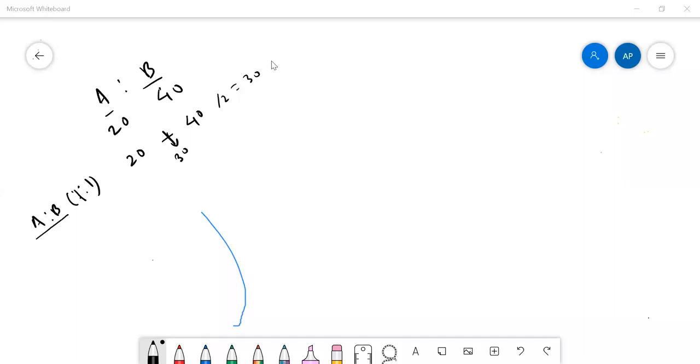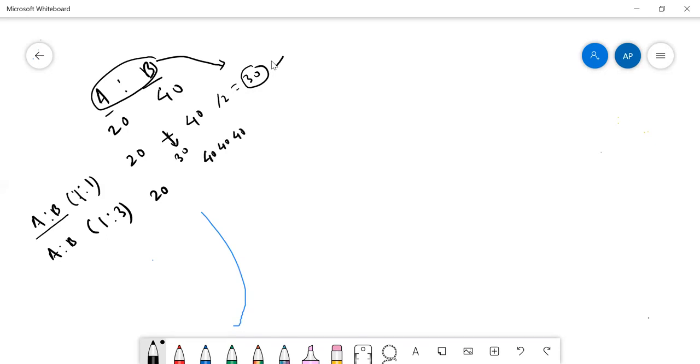So here the group average will be 30. The entire group including A and B, the entire group average will be 30. The next point I put is, if we have a greater number of students, make it 1 is to 3, like A has 1 student and group B has 3 students. Group A has 1 student who will have 20 marks, and group B has 3 students who can have 40, 40, 40 each, or whatever the numbers, but they are equally distributed as 40. So the average that we will get here is